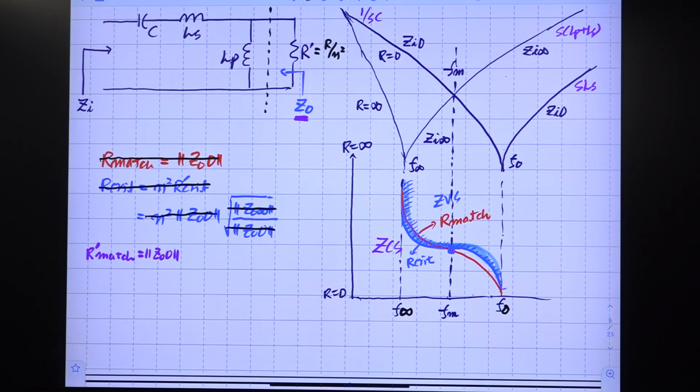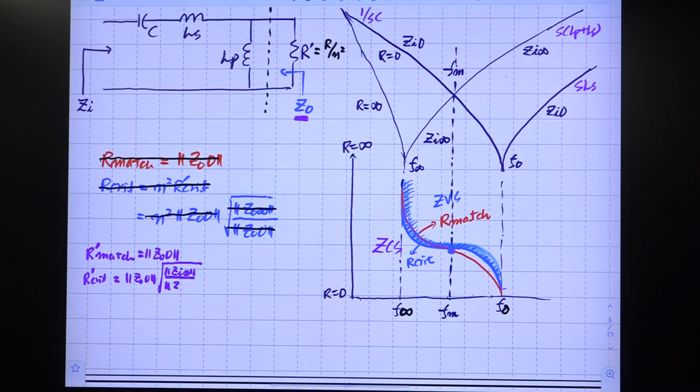That's one thing. And R critical. We are looking at the circuit on the primary side. So we have R critical prime given by this GO0. Then we derive this, right? GI infinity